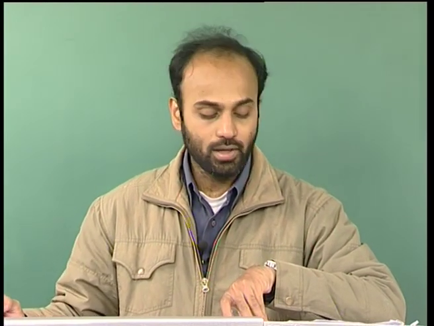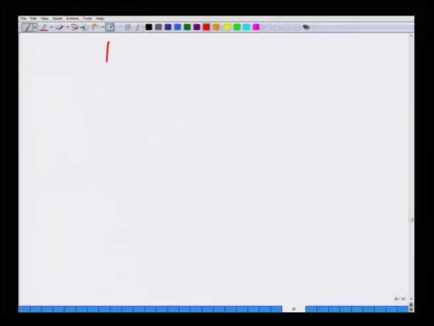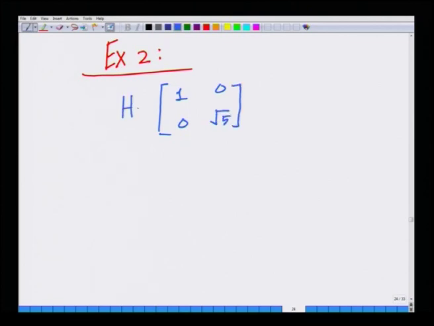Let me take a slightly more subtle example of a singular value decomposition. Another example, example 2, is the diagonal matrix 1, 0, 0, square root of 5. This is the matrix H that I am considering. Now, one might be tempted to think that since this is a diagonal matrix, the singular value decomposition can simply be written as the identity matrix 1, 0, 0, 1 times 1, 0, 0, square root of 5